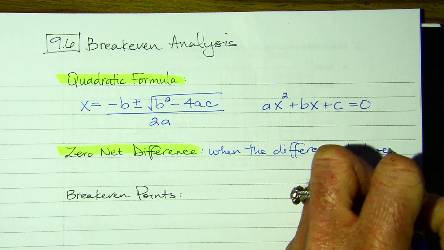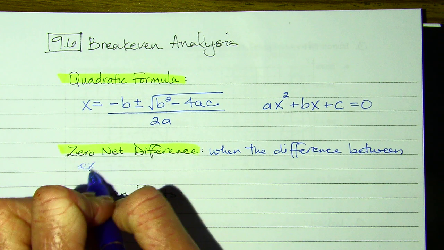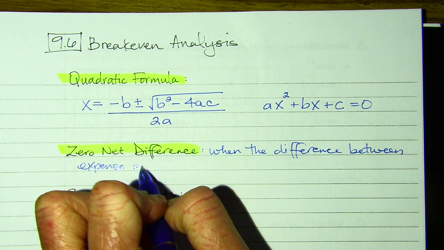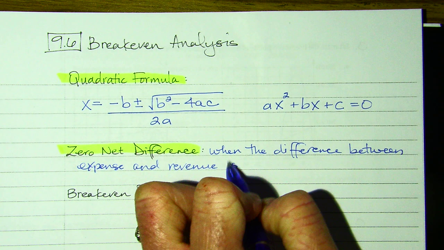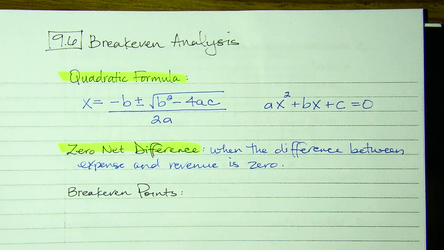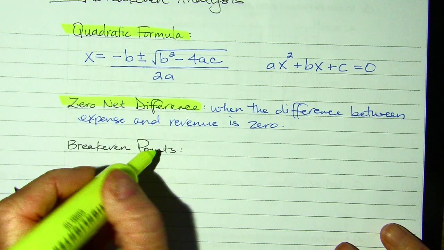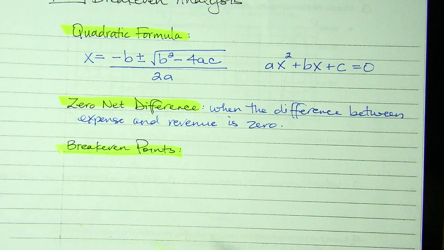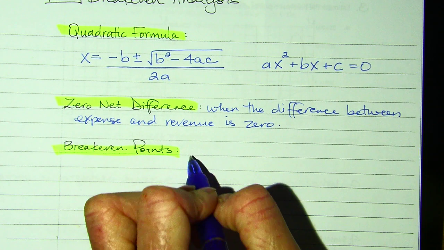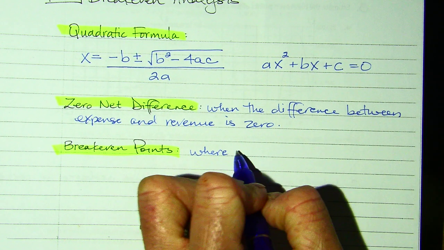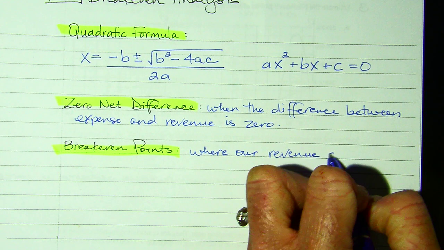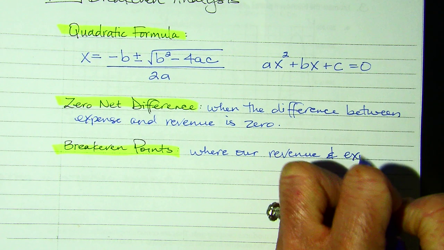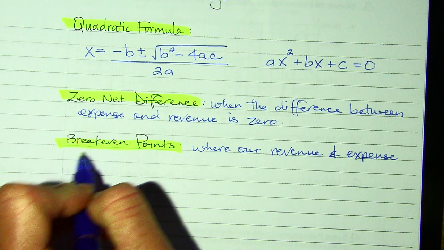Now, zero net difference is mentioned in this section, and that is when the difference between expense and revenue is 0. Break-even points. So this is where our revenue and expense functions